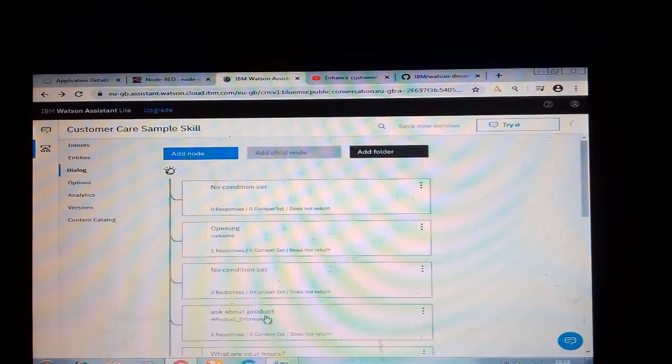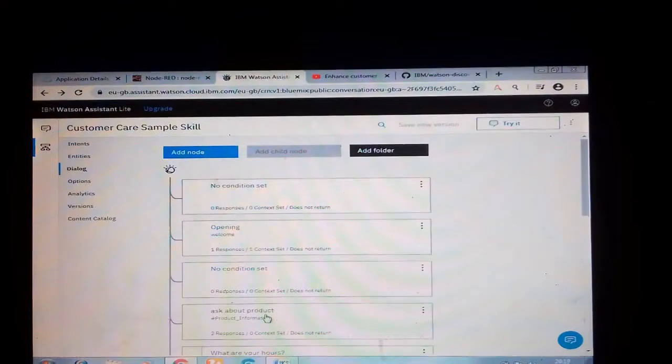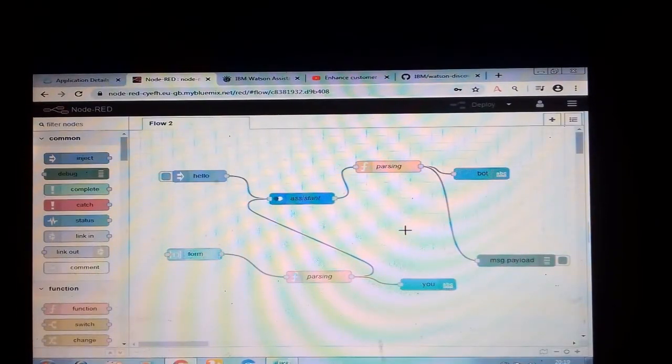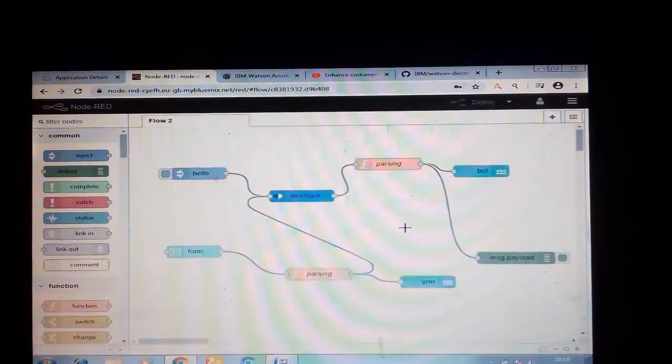Let's see the result in the dashboard. For getting the result in the dashboard, you should first create your account in Node-RED. I have already created my account. After creating your account and logging in, the page will look like this. This is the flow I have created, and I have also added the assistant node. Here you should give the assistant credentials, the API details that I mentioned a few minutes ago. You can add your API details for your assistant in this node. Let's see the result of this flow.